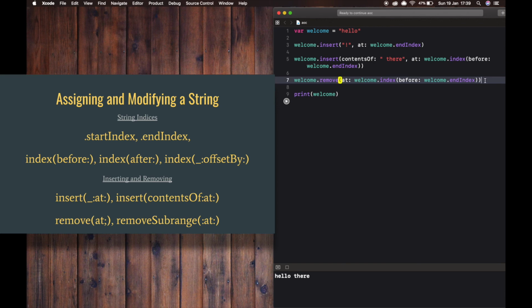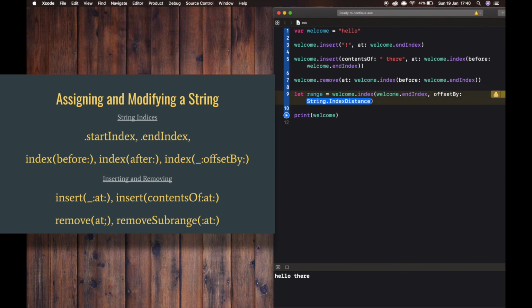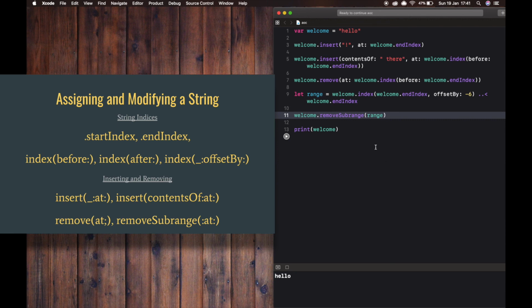For example, let us, so we remove there. If you want just one character, we can use this. This will remove only the E. 1, 2, R will get removed. Okay, this is the method for how to remove a substring at a specific range.